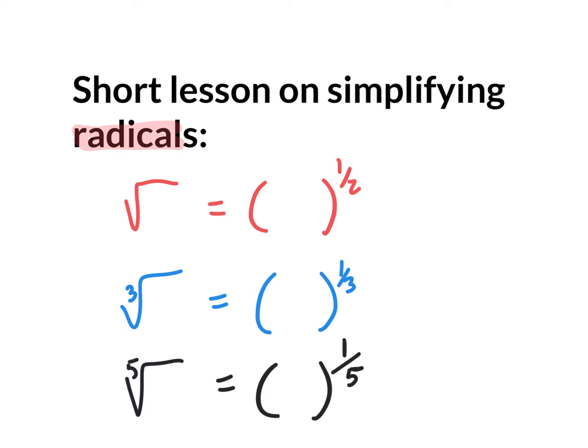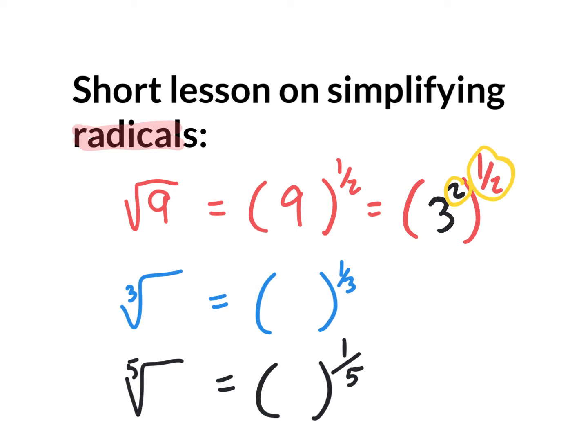So when we think about this, we all know that the square root of 9 is 3, but it could have been rewritten as parentheses to the power of 1/2, and we could actually simplify and get the answer 3 without really thinking of roots. You could think 9 is really 3 to the second power. So instead of 9, you have a 3 to the second power right there. And of course, a power to a power you multiply, and 2 times 1/2 is 1. So you really have 3 to the 1 power, which is really pointless to put a 1, so you would